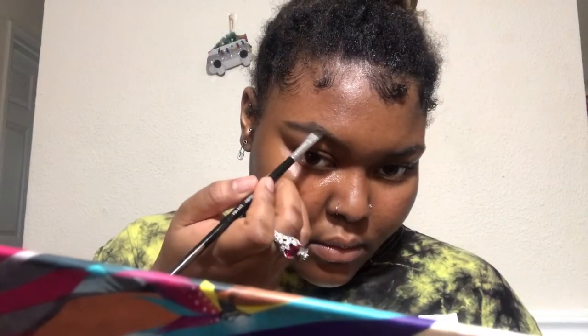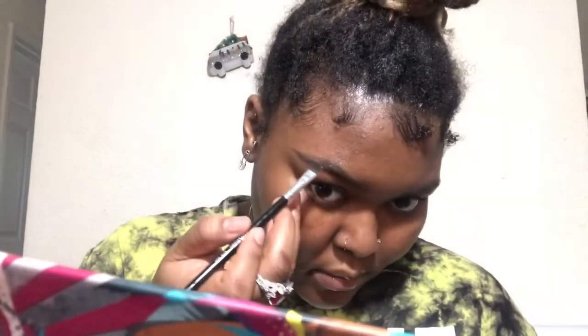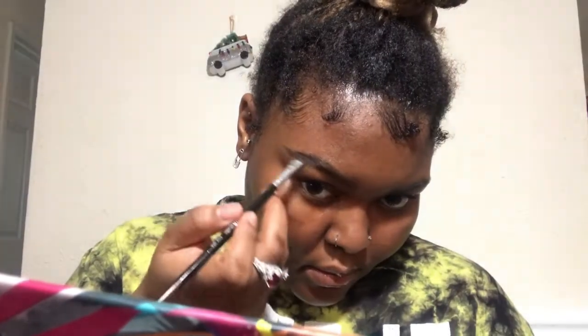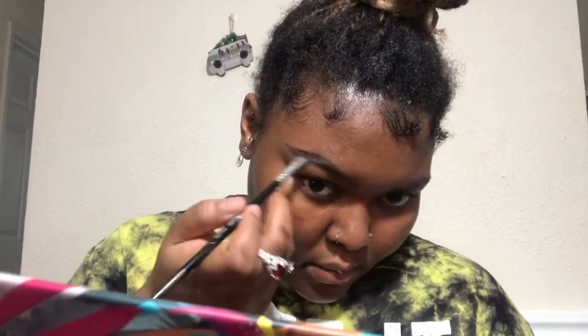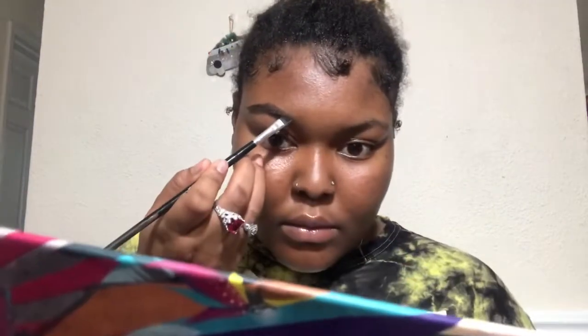So yes, I am starting at the top of my arch, and as you can see, I'm going in short flick-like strokes. Look at the flick of that wrist. That's what you want, guys. Get the flick of your wrist correct, and your brows will always come out A1. And that is on period. So I'm flicking, I'm stroking,